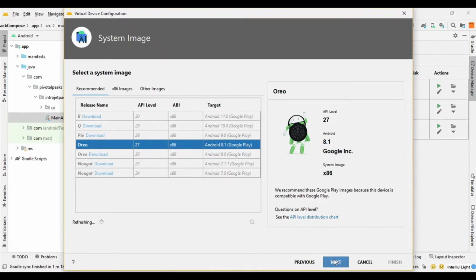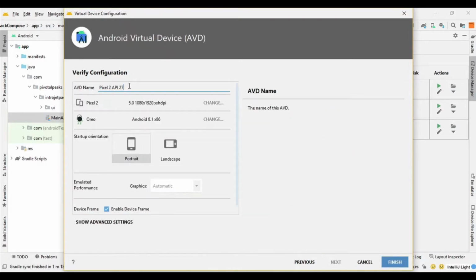Then here you can click next, and then you can give a name here. Choose whatever name you want to give it, and select the orientation portrait because it is the best to showcase or see the app, and then you can click finish and your emulator will be ready.